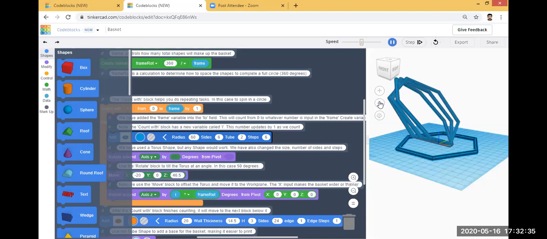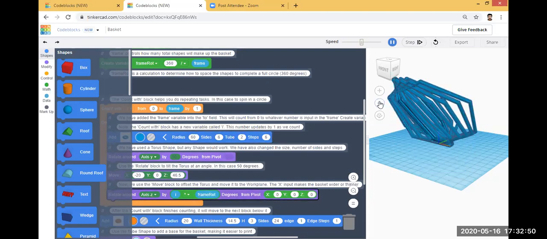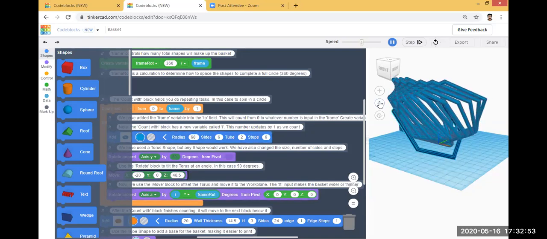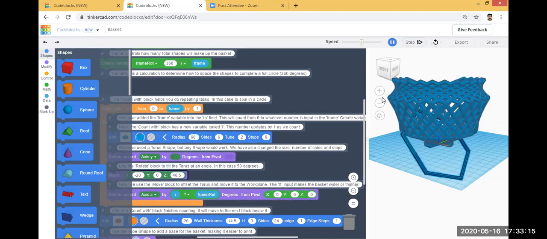In the right side, you can see the basket creation.